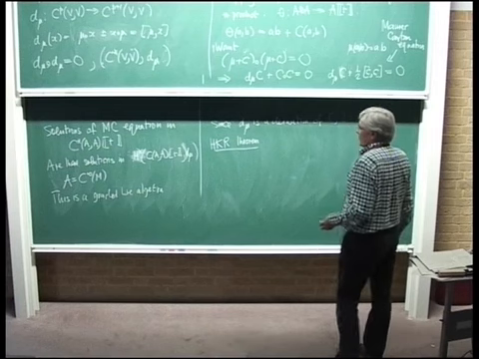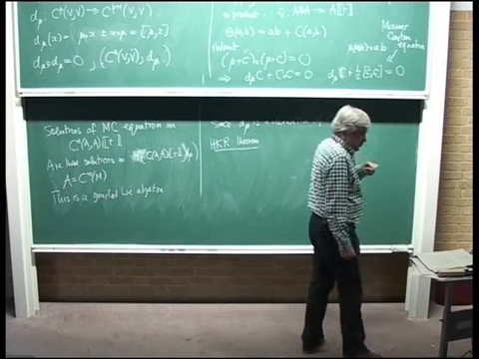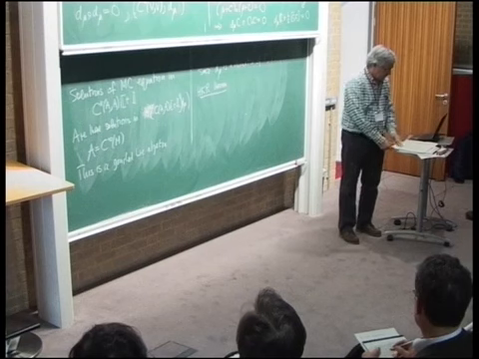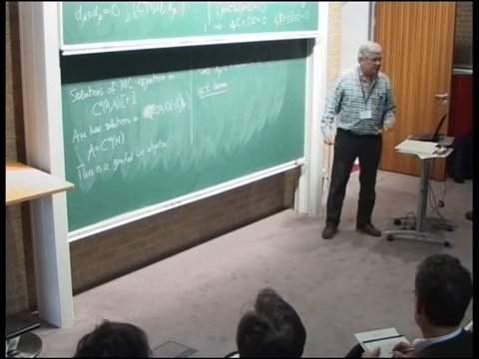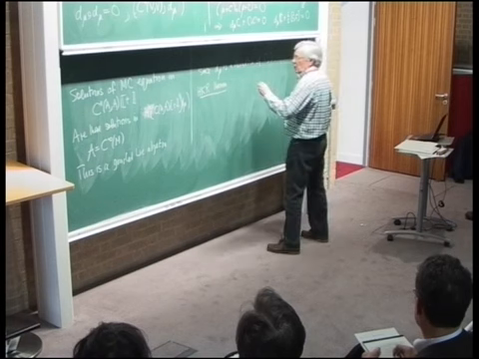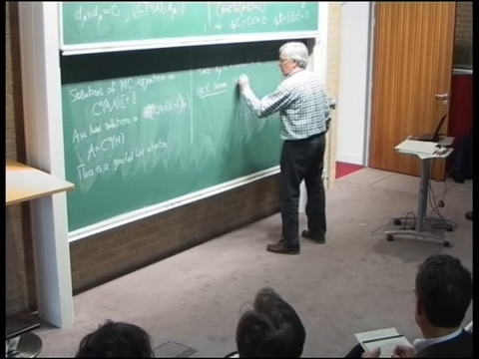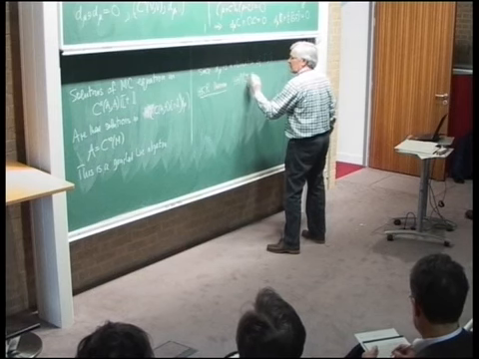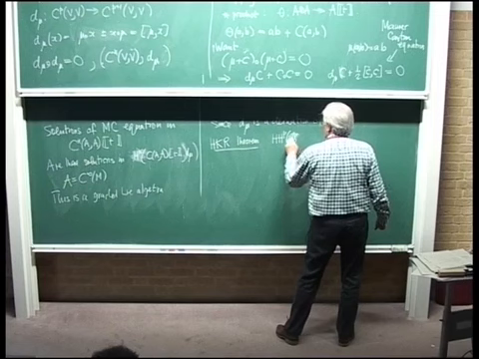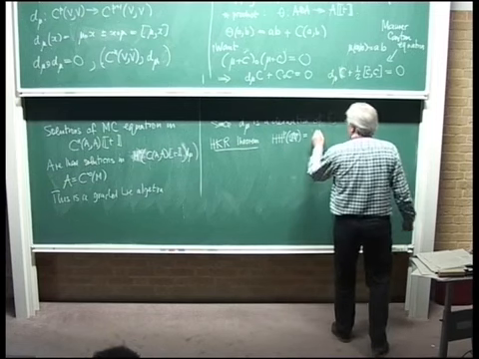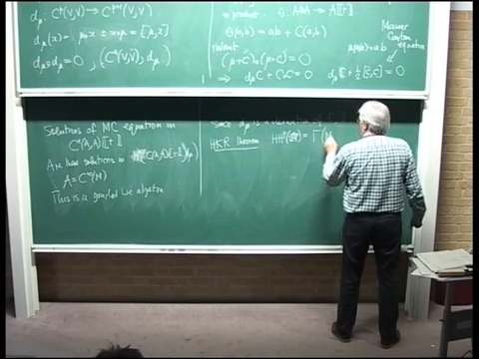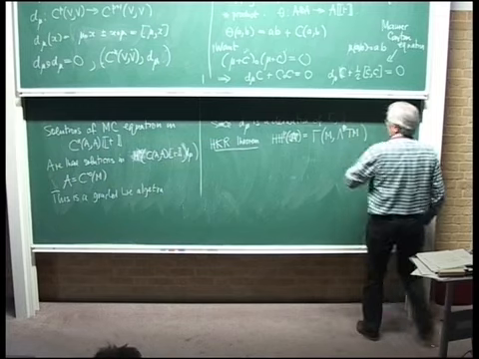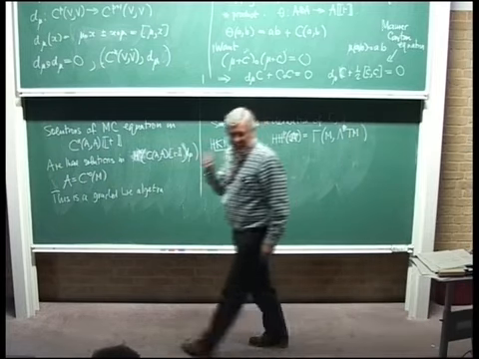So the Hochschild-Kostant-Rosenberg theorem tells us what the Hochschild cohomology is. It tells us that the Hochschild cohomology in degree p of C infinity of M, where A is C infinity of M, is just the same as the sections over M of the pth exterior power of the tangent bundle of M. So this is a classical computation.